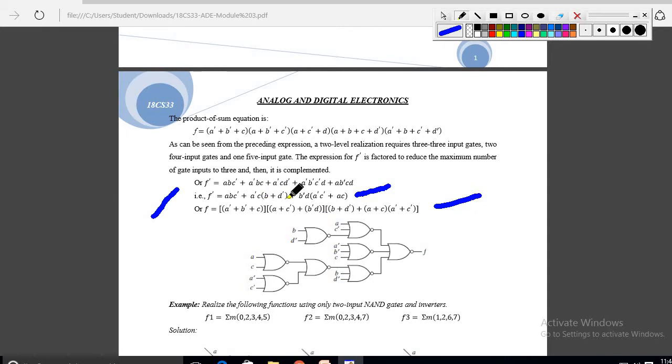This B plus D bar is there, no? It is POS, so you have to convert it to SOP. B bar D is there, I have to convert to B plus D bar. A bar C bar is there, if you are converting, A plus C, and wherever plus is there you have to make it as multiply sign. Anyhow you know the conversion method. After converting, it will be the expression. Is it clear? So once you get this expression, you have to write the logic circuit.